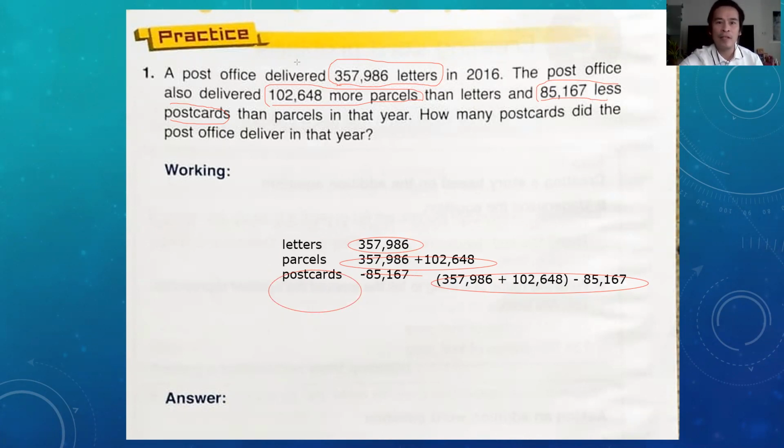Therefore, we have to copy this. We have to copy this. And this becomes our number sentence. So what's going to be our number sentence? Our number sentence must be 357,986 plus 102,648